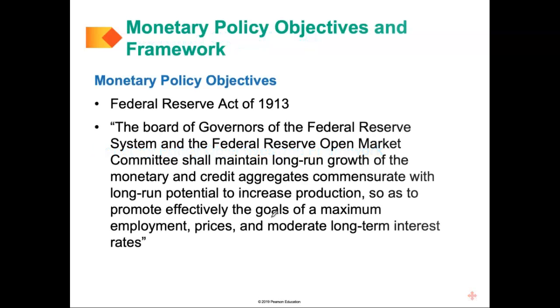Now, the first thing we need to look at is when the Federal Reserve itself, which is the central bank of the United States, was formed. The Federal Reserve was formed in 1913 under the Federal Reserve Act of 1913, right? At that time, there was no national bank, and banks were free to do whatever they wanted. There was a lot of confusion in the financial system, where bank panics tended to happen. Banks had their own regulations, and customers were pretty confused as to what to do.